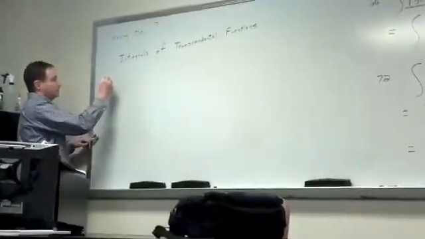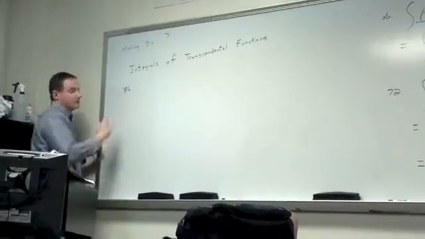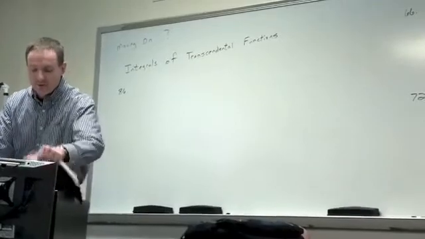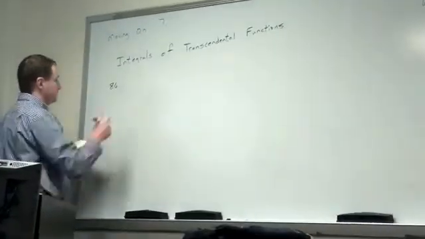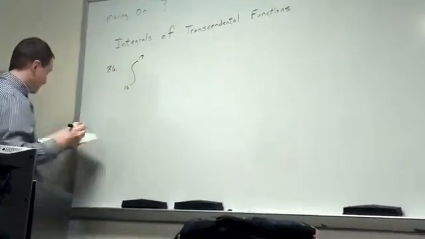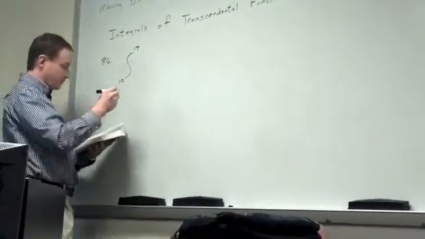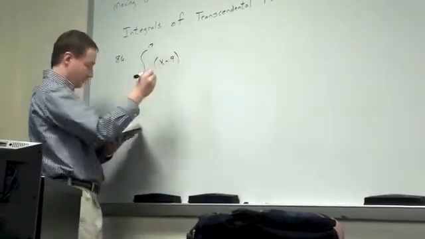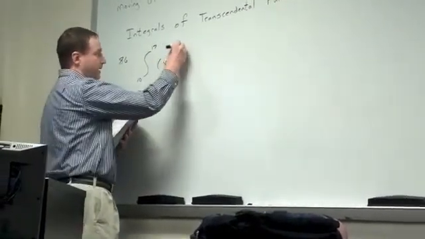In looking at number 86 in 5-6, we have the integral from 10 to 17. And then on the inside of our integral, it's the rather innocent-looking function x minus 9 to the negative 2/3 power